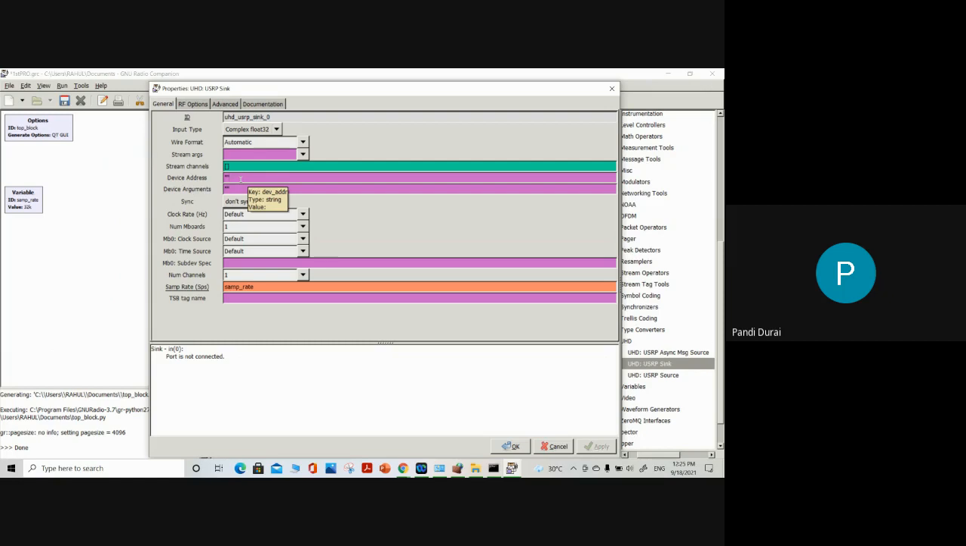If you're making it empty, first it will check for the USB, and it will check for the first Ethernet that is connected. And then it will matter for the remaining parameters like sync, clock rate,